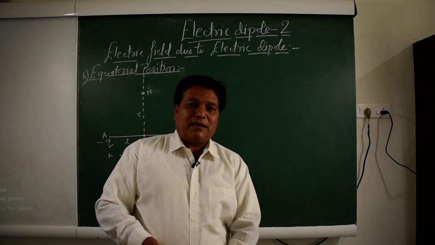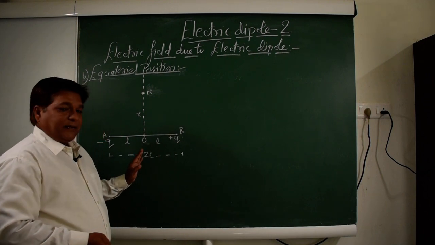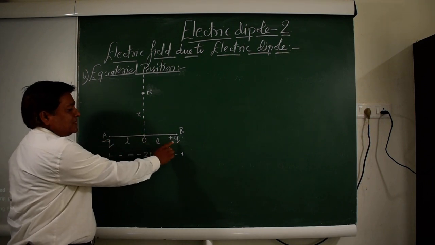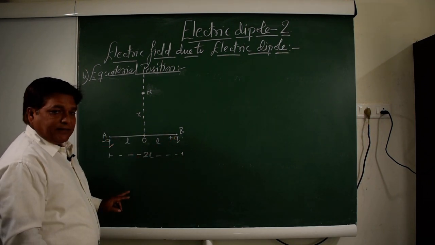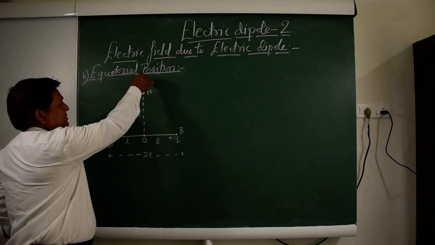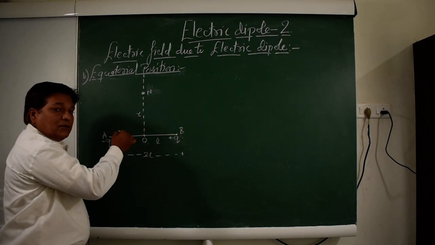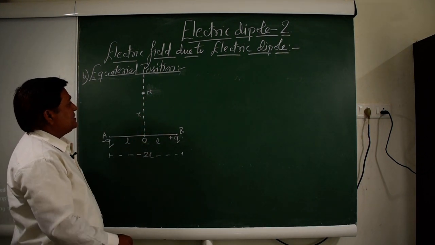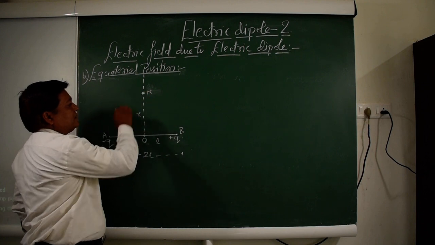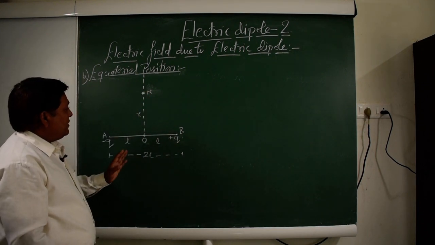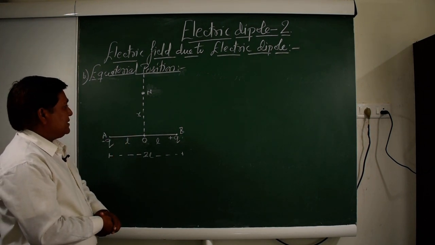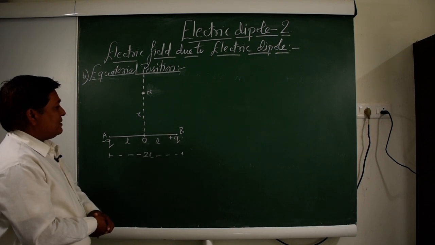Okay, so let us start now. See that there is a dipole. Let us assume that there is a dipole here, with minus q charge to plus q charge. AB is the dipole, and its center is O. O is the center of the electric dipole, and this perpendicular bisector which is passing through the center of the dipole is its equatorial position. We have taken one point here, the point N, on its equatorial position, and we are going to determine the electric field at this point N due to the electric dipole. Okay, so let us see one by one.